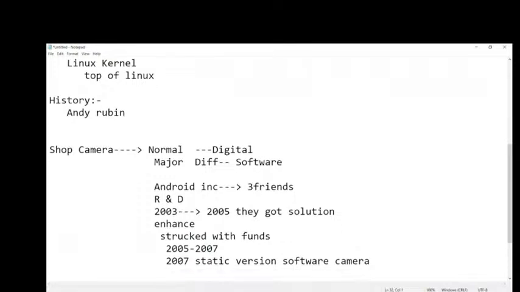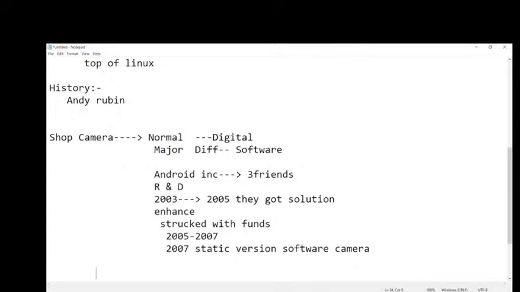Then they documented all their thoughts in a clear picture in one document, and they approached a lot of companies like Nokia, Sony Ericsson, who were the mobile providers in those days. They approached a lot of companies. Finally, Google accepted, and in 2007, this was acquired by Google.